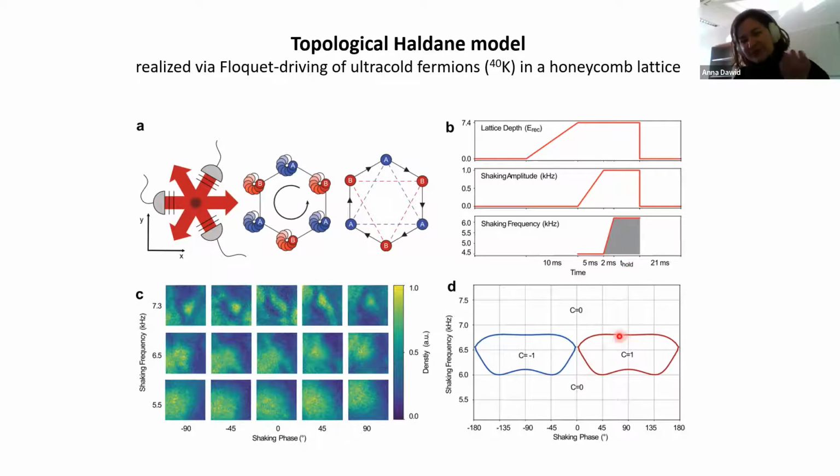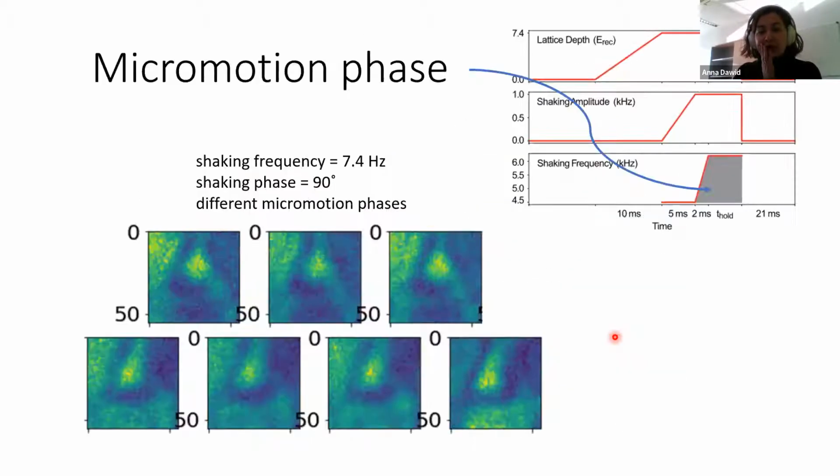So maybe you already see what I'm hinting at. This will be a feature which will be really confusing for a machine learning model, and will actually prevent it from seeing topological phases, because it will think that the micromotion phase is the most important. And of course, I will comment on that. Oh yeah, sorry. I see that I have a separate slide for the micromotion phase, but exactly as I told you.